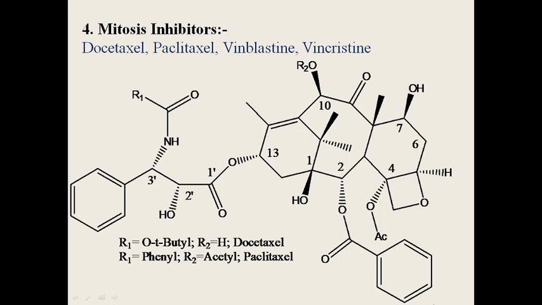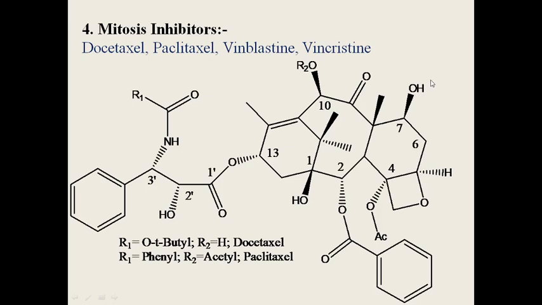And of this 18 carbon containing core structure, at position number 1, there is hydroxy. At position number 2, here is O, and this is a benzoyl, or you can call it benzoate. At 3, there is no substituent. At 4, here it is an O-acetyl group, or you can call it acetate. And at position number 4 and 5, one oxetane ring is fused here, and at 5, here is a hydrogen on the back side. At position number 6, here is CH2.